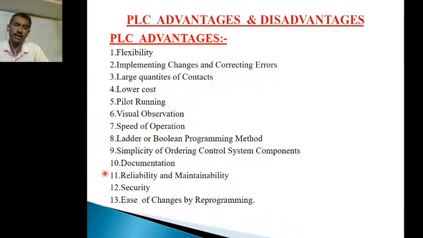PLC module. So like that we have a total of 13 advantages. What are the 13 advantages?